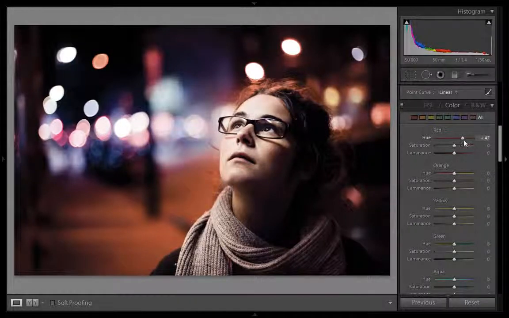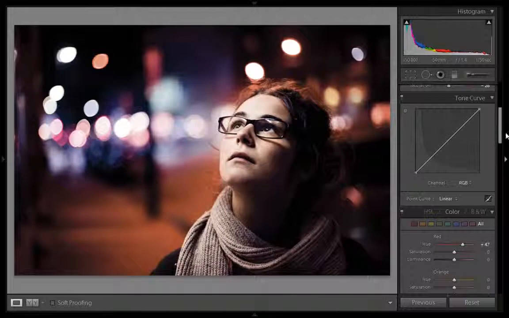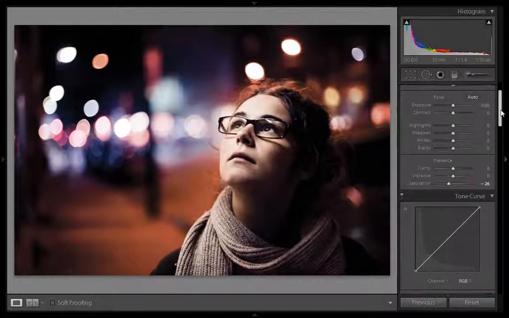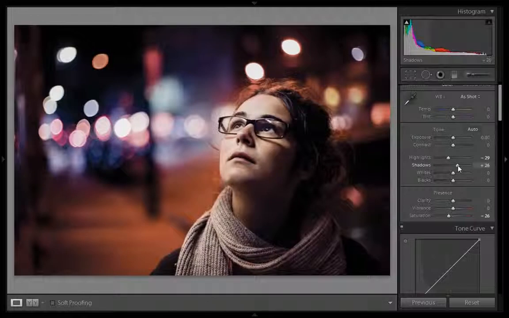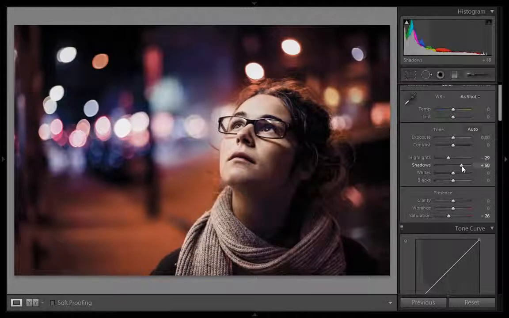about 47. Then I want some local adjustments, like controlling the highlights in this area. I will set the highlights to -29, and I want to boost the saturation a little bit, about 50.